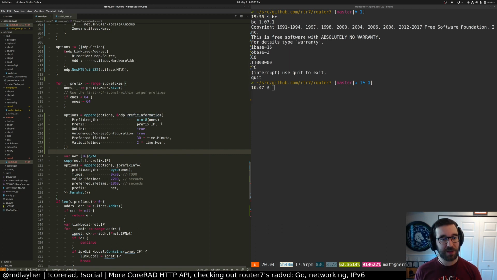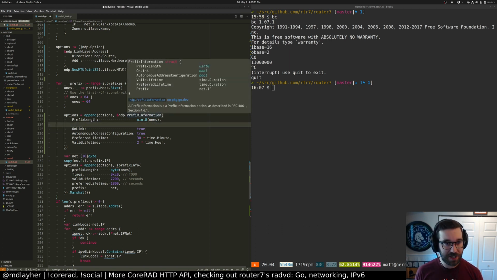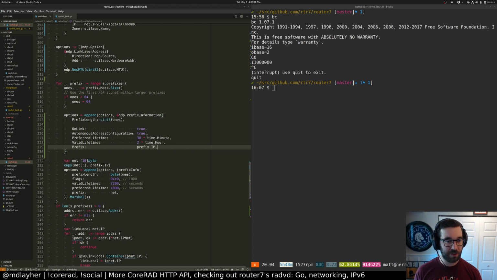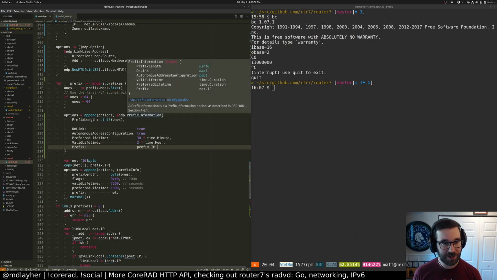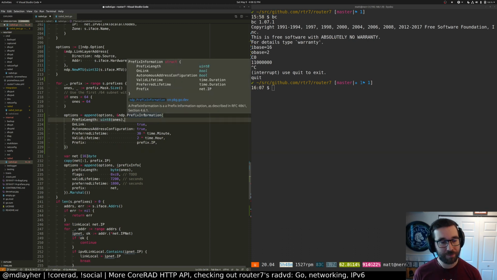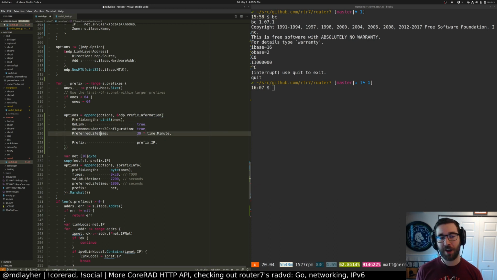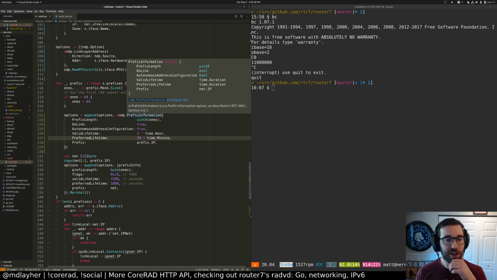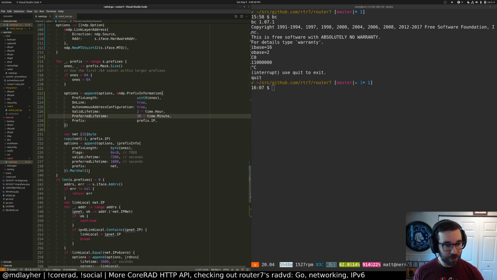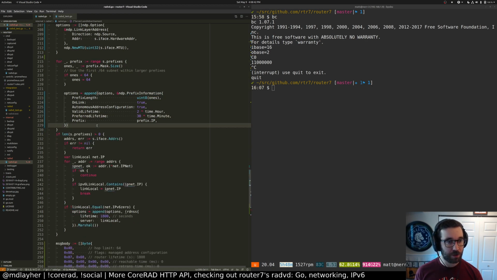Valid, preferred, prefix. I know it's silly, but I like to try and keep things in the order the struct literal expects. Just helps my mental model, I guess. It really doesn't matter. You could do alphabetically, you could do whatever you want, because we're using keyed struct literals. But yep, okay, so